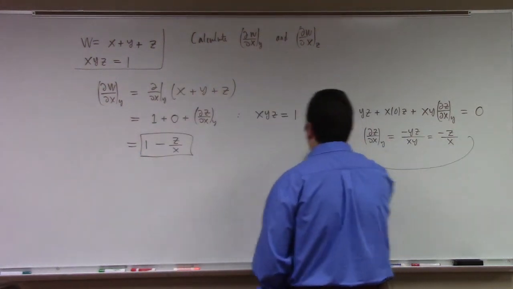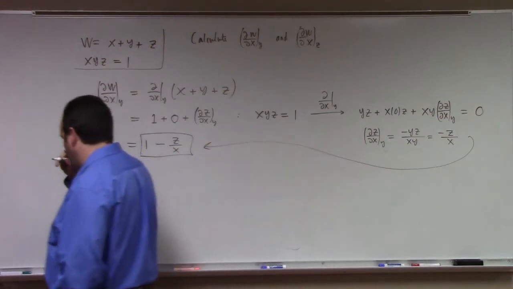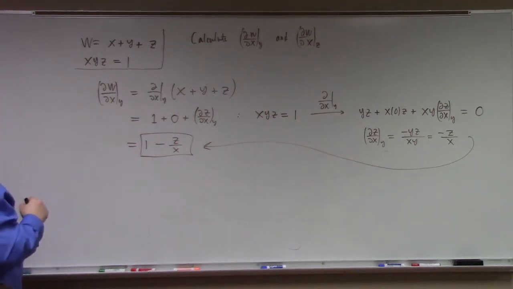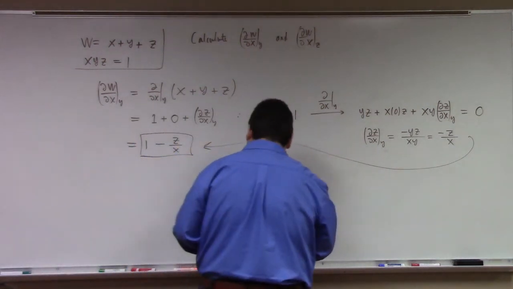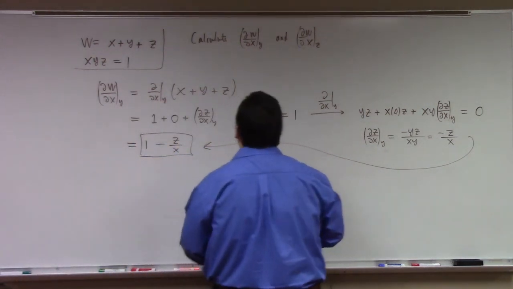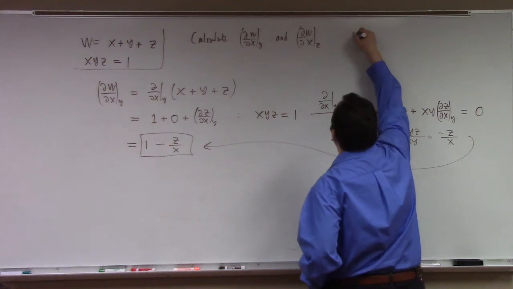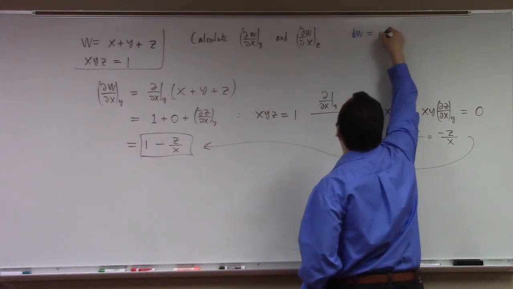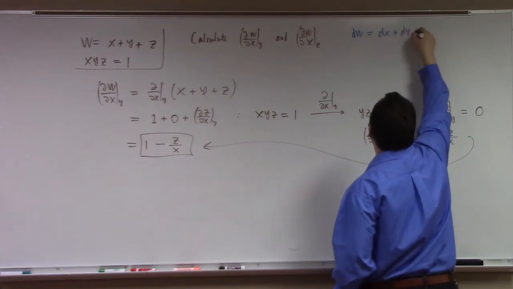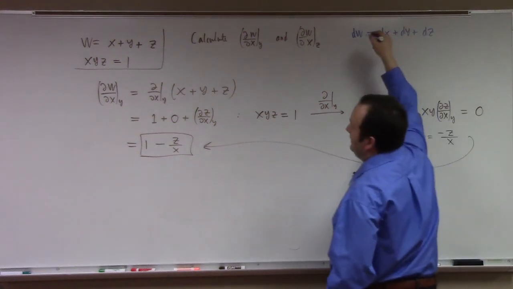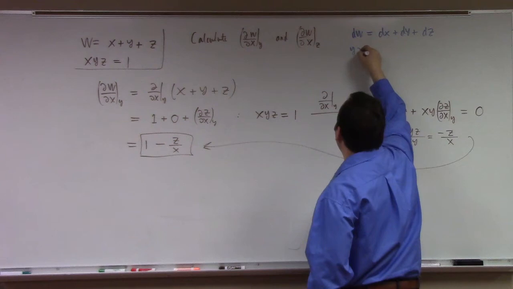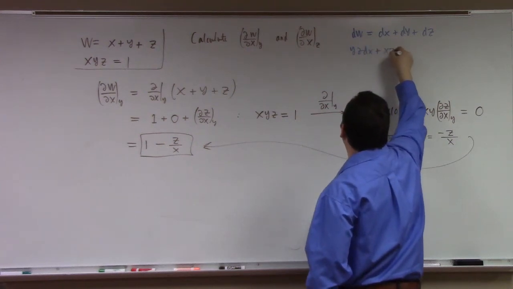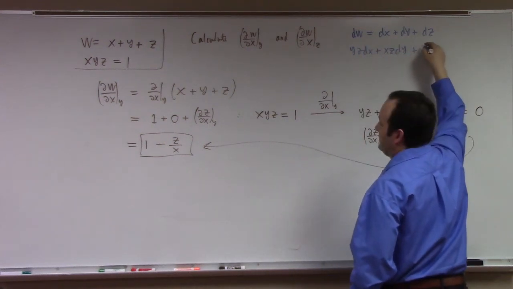So yeah, I was confusing myself by trying the total differential method, and I wasn't entirely sure how to hold y fixed and so forth. So we could do the total differential method also. I mean, that wouldn't be wrong. That would look something like dw is dx plus dy plus dz. And on the other hand, down here we'd have yz dx plus xz dy plus xy dz